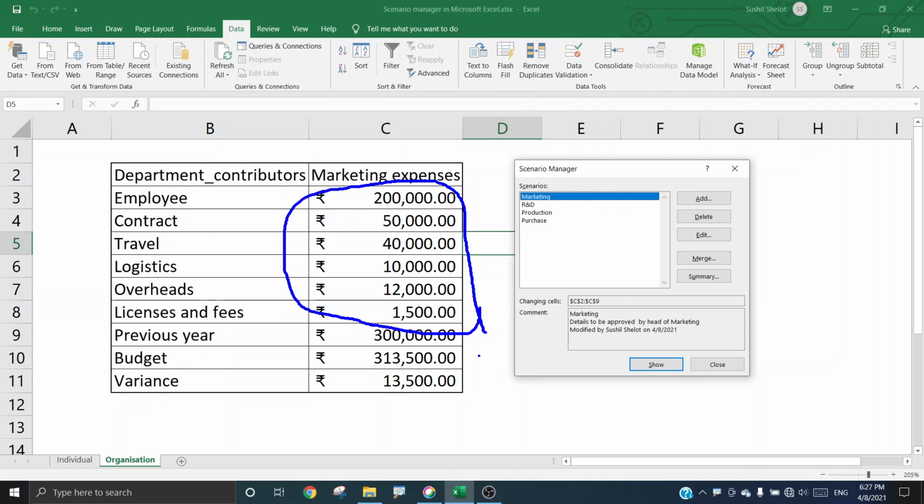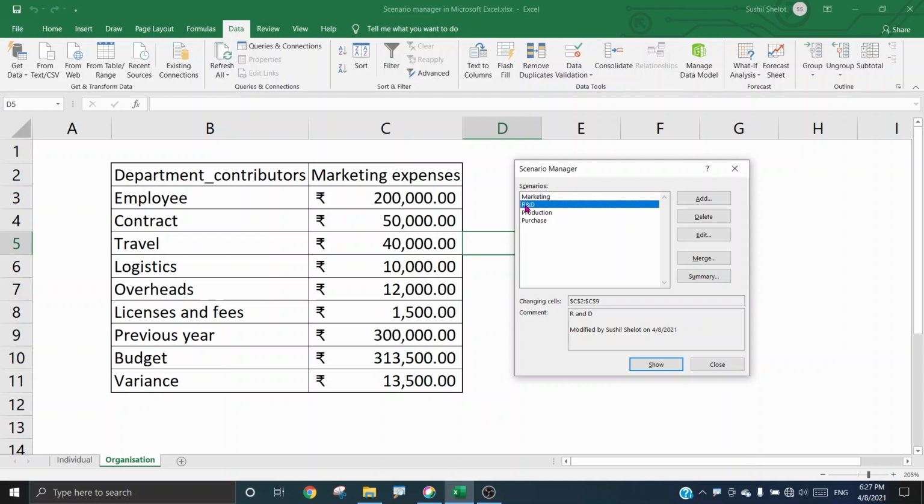right? And what we see here, the variance is nothing else but the budget of this year minus the previous year target. So if you see, this is positive here, that means there is increase in the budget this year. So naturally year on year things go on becoming costlier, or as the organization advances the budget for expenditure goes on increasing. Now let us go to the second case here, or second scenario, that is R&D department.